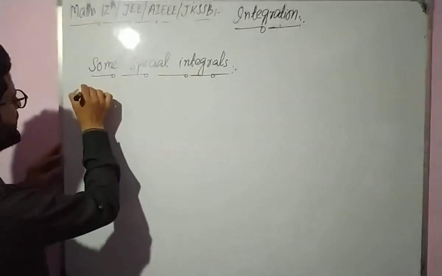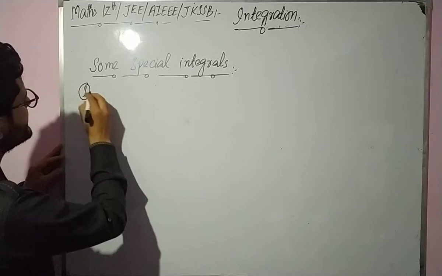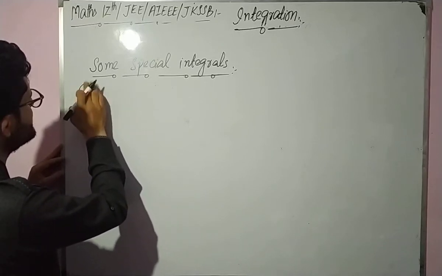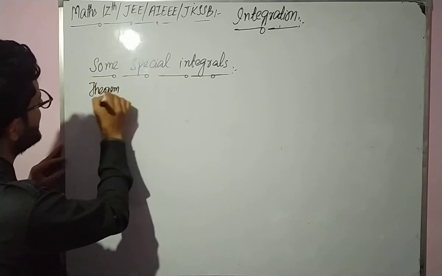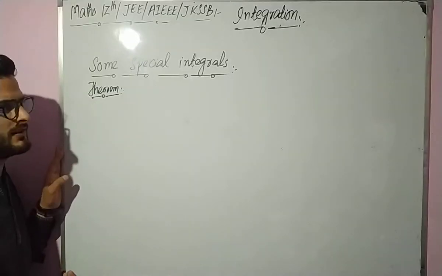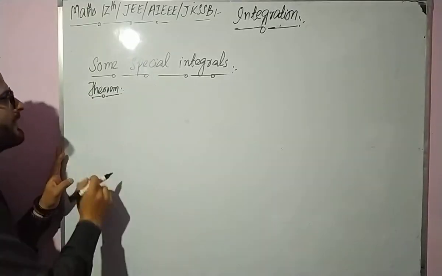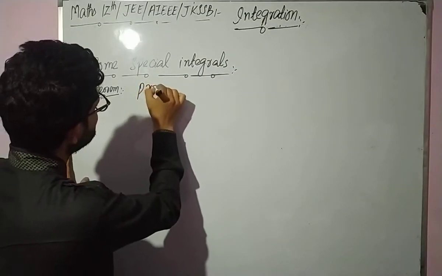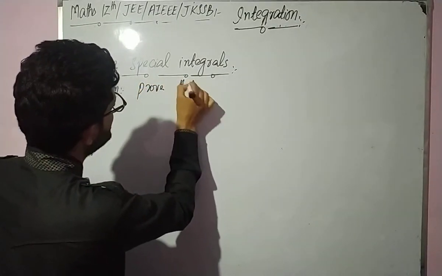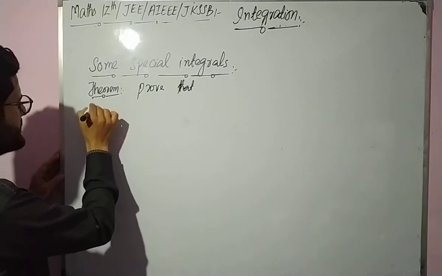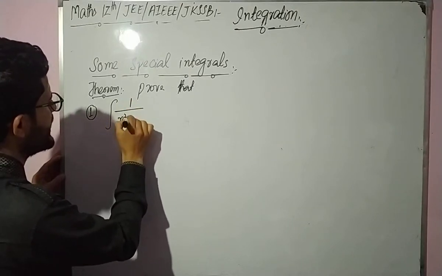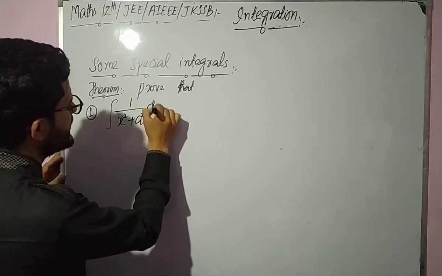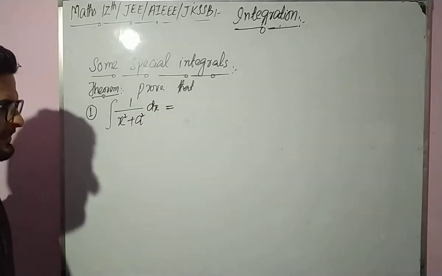The first special integral that we are going to discuss, and these special integrals are in the form of a theorem, and we can have a proof of these special integrals. So it is in the form of a theorem. So prove that, first one, integration of 1 divided by x square plus a square into dx, and that is equal to,